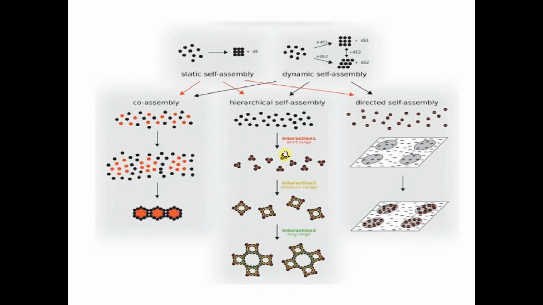So why did I talk about the distance? I can call the first one a short range interaction because the distance between the atoms is shorter. So it's a short range interaction. Now this is a medium range interaction. That means the distance between the clusters is of a medium level. It is more than what was there in the first stage. Next, the last one, you can see the distance between the clusters is more. So I'll call it a long range interaction. So this is about hierarchical self-assembly.